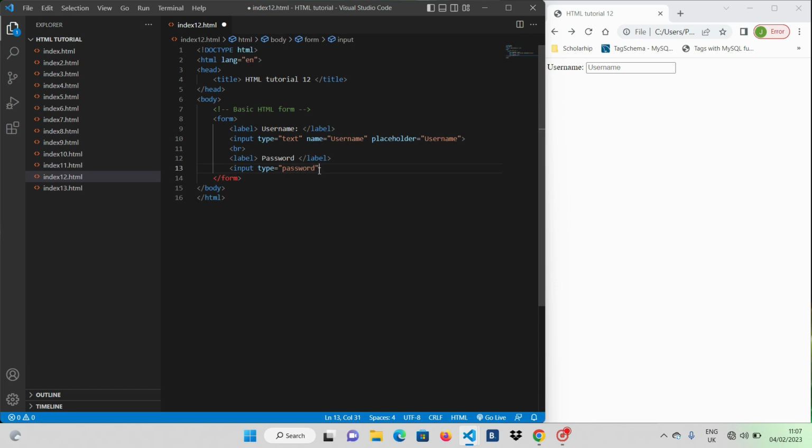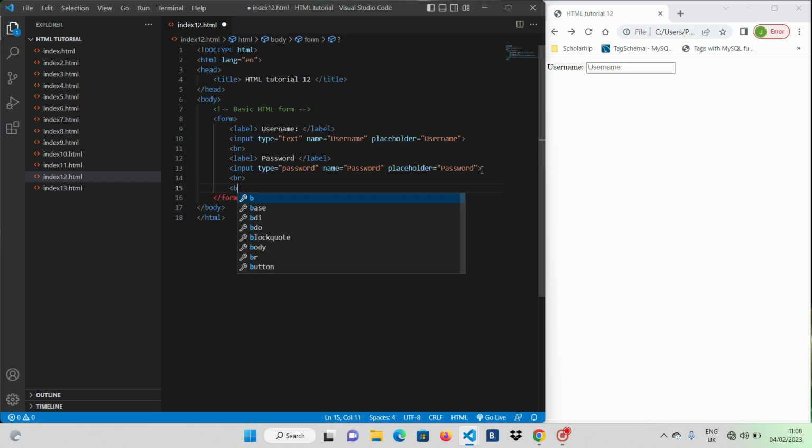Now set the name. The name is what our input type password will be identified by when it is being logged in the database. So we have password. Then you have a placeholder. Set the placeholder to what? Password also. We have a lot of attributes for input, a lot. So you come down, you break line,